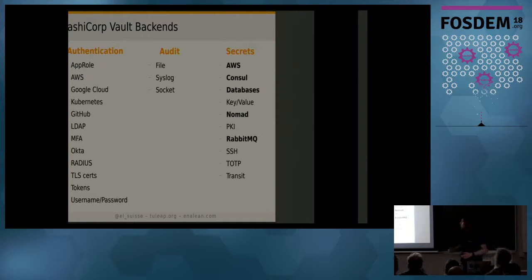And on the secrets part, HashiCorp Vault already has a lot of things built in. For some backends, HashiCorp Vault will create the user for you, for example in your database. So when you need to access the database, you don't need to have a credential hard-coded into your application, but you can ask Vault to create a specific user for a certain time and just retrieve it directly.